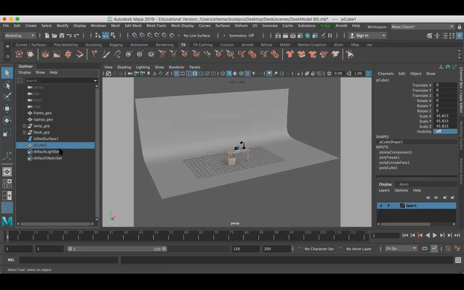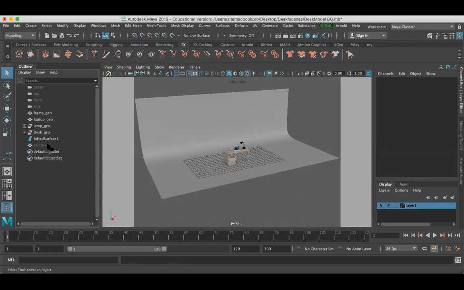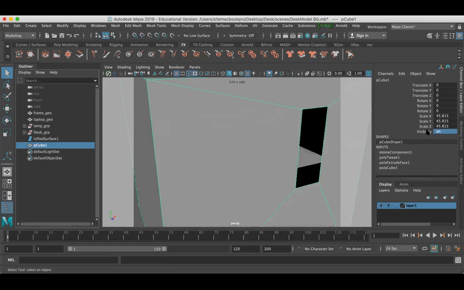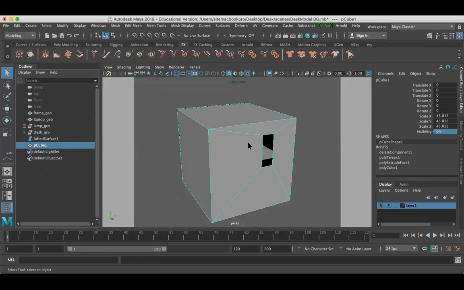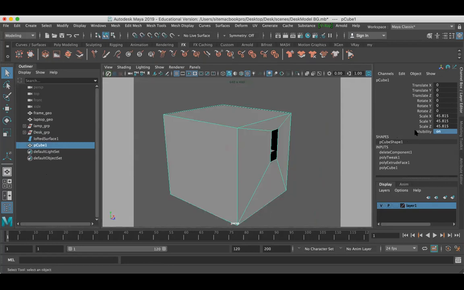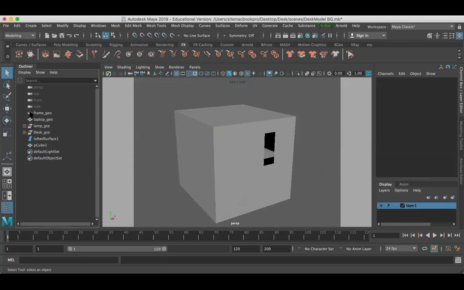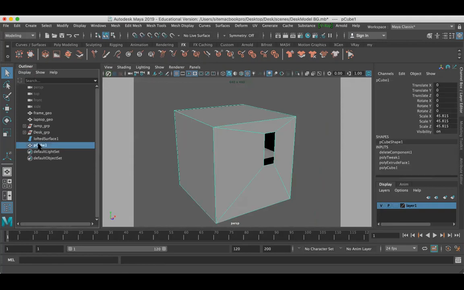Select the model. Guys, these things are covered in the basic part of Maya. If I teach you basics, then I couldn't teach you lighting and rendering. You can select the model from here, or you can select it from the outliner.